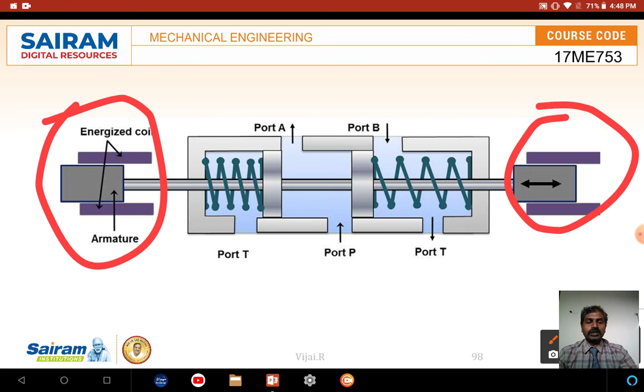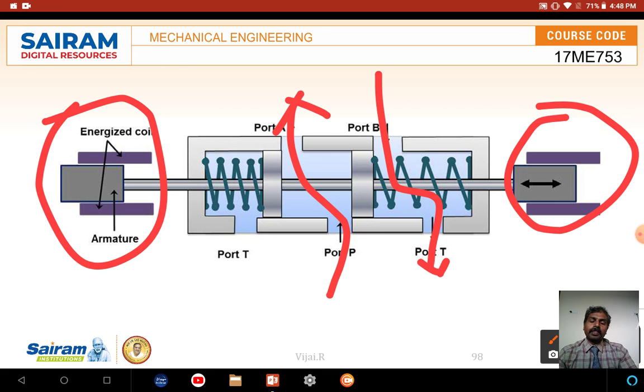On both sides, which one is to be activated we have to design, and it depends upon how much voltage we are giving; according to that the movement is possible. So it may allow the direction, just like the same four-way valve, letting the liquid flow here and there, with both directions and ports open. By using the solenoid we can control the movement like manual, but solenoids are mainly used in industrial automation systems.